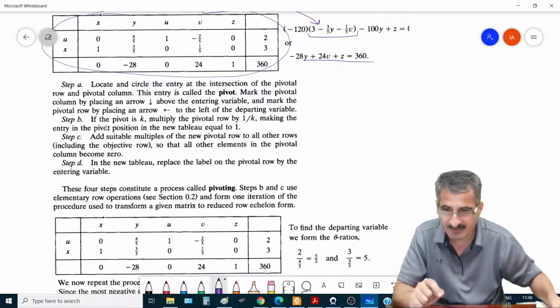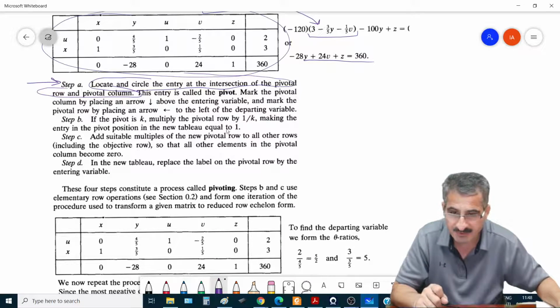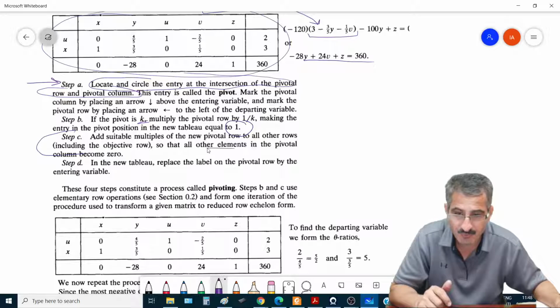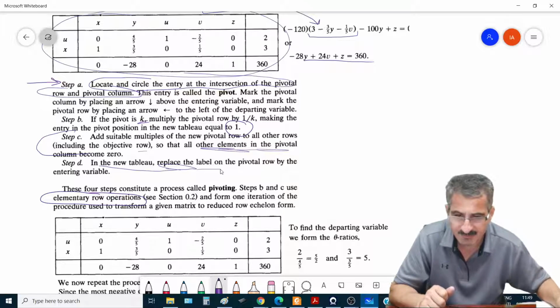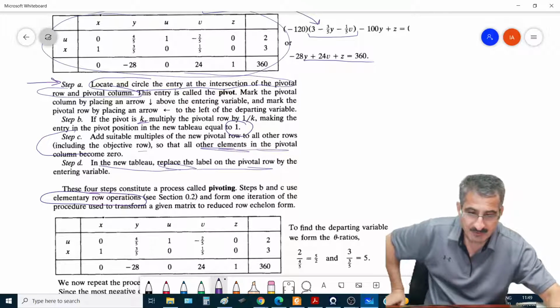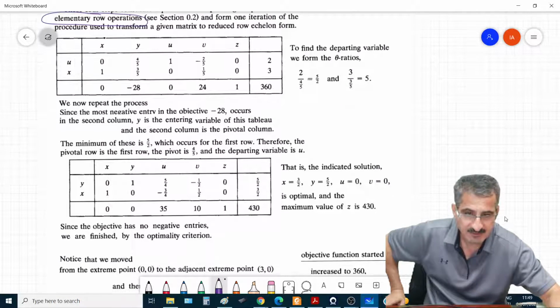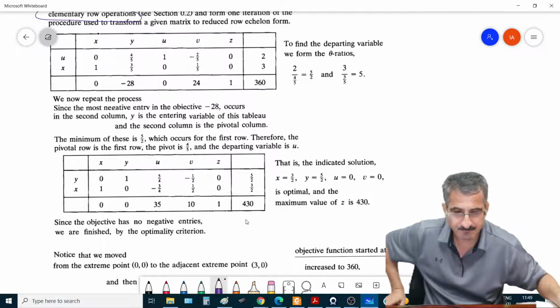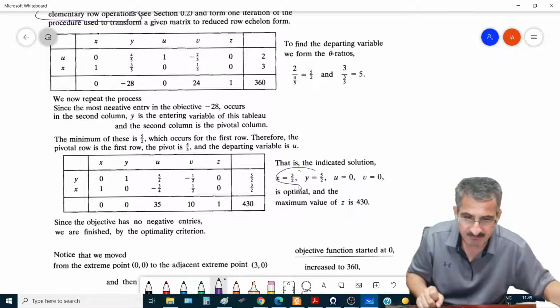اذا وهذه الستبس اللي احنا عملناها: locate and circle the pivoting intersection of the pivotal row and pivotal column. مثل ما كنا نعمل circle، خليها تساوي 1، اقسم على k، add suitable multiples of the pivotal row، the elementary row operation، and in the new table replace and label the pivotal row again with the entering variable. الحركات اللي احنا عملناها ملخصة هنا، يعني خلاص هذا سهل بالنسبة لك. لكن ايش احنا عملنا هنا؟ انتقلنا الى الحركة الاخرى اللي عملناها بالبايفوتنج، ما وضحناها هنا معادلات، بنكون انتقلنا الى هذه